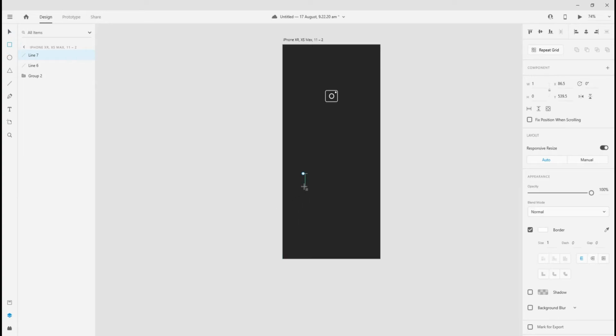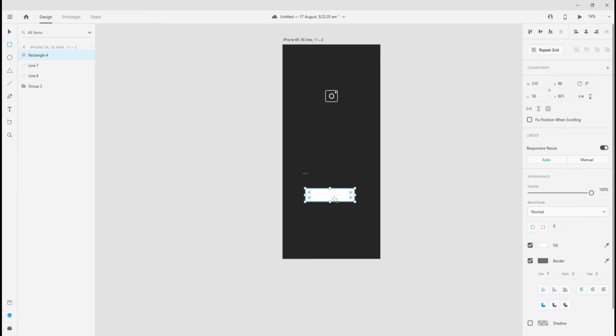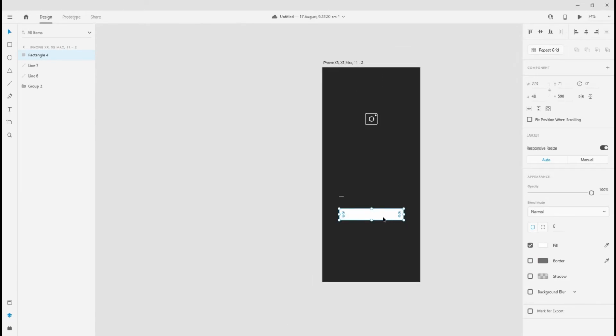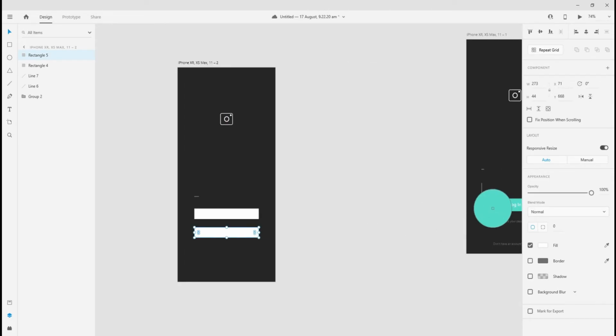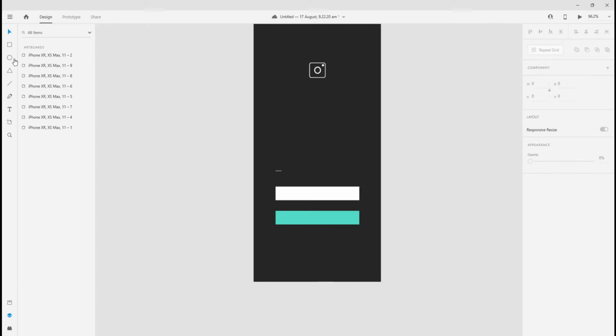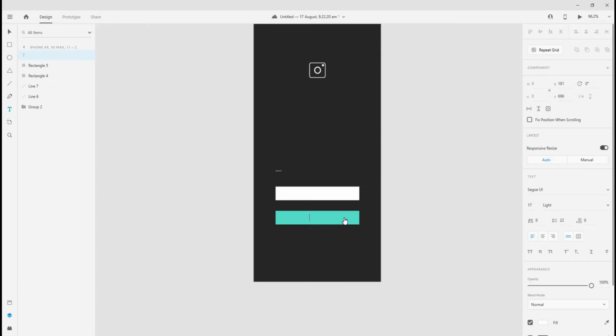Then I'll make a rectangle and place this to center, and place the above two lines also here to align the X. I'll remove the border and then I'm going to duplicate this. Then I'll copy the color which is 74D9C8, and I'll write some text, log in,